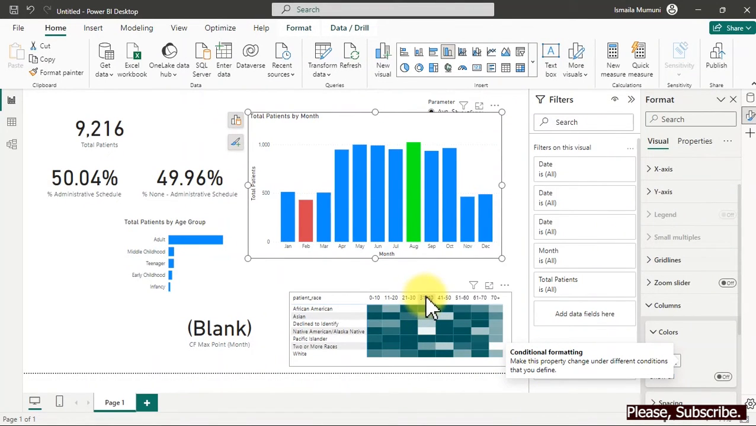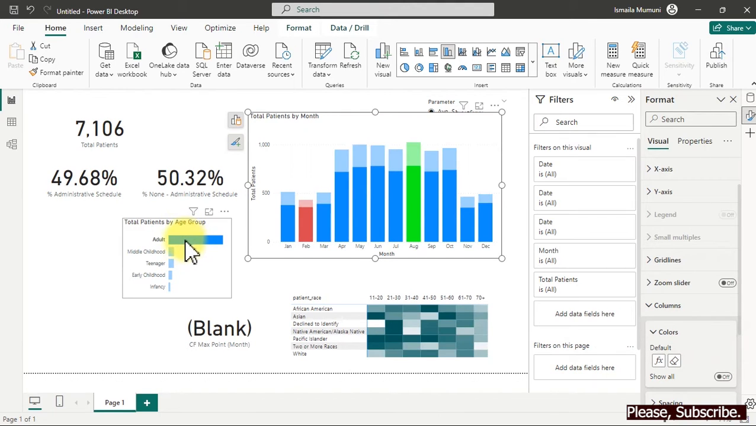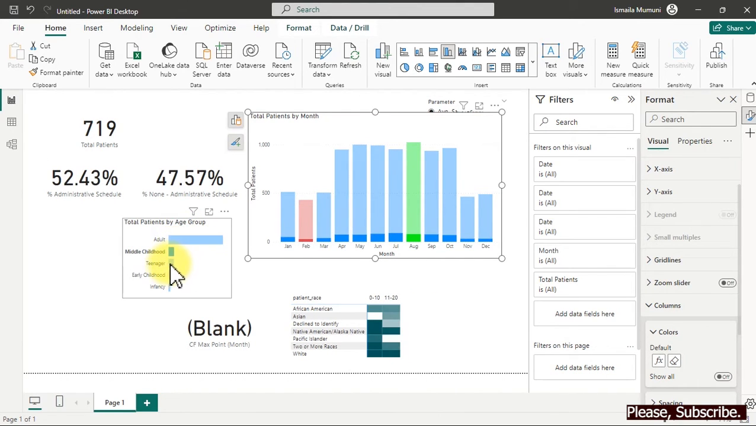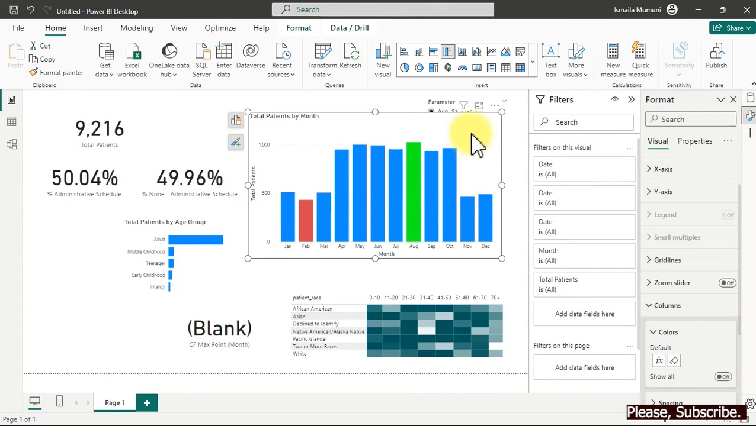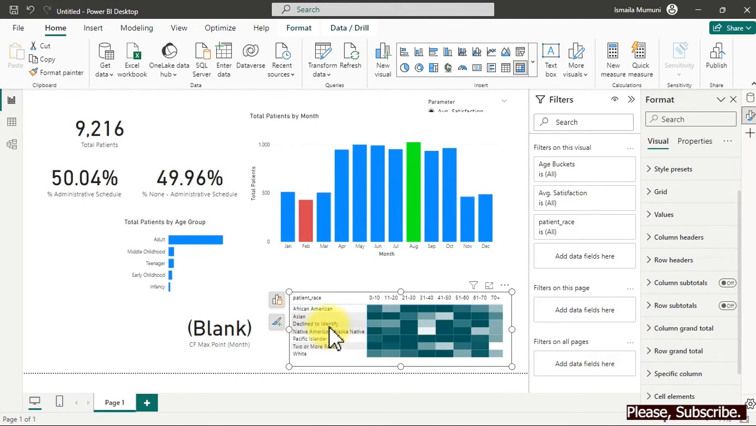Can you see this now? This is what you have. So it has actually marked this as the highest and this here as the minimum for us. So this actually switches. When I now select adult, childhood, can you see it now? So this is African American. So you can see it's dynamic. All right, with this now,